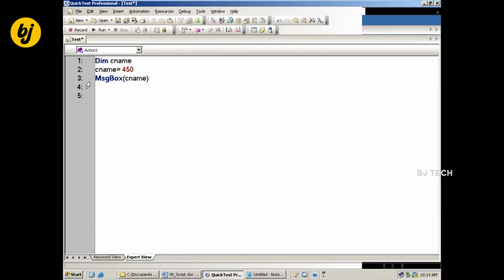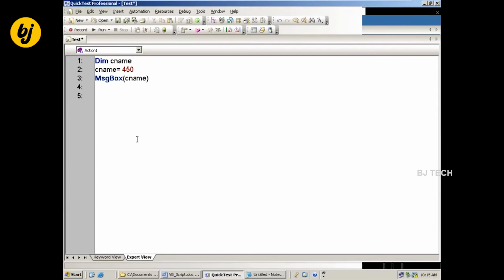If you read values generally from the application or from the data table, in the last class I think you saw that data table example when I showed the action global sheet, where you choose the type. That is QTP's choice. But based on the operators you give, it is considered an integer or string. Default variable data type in QTP is string when it reads the values from the application.